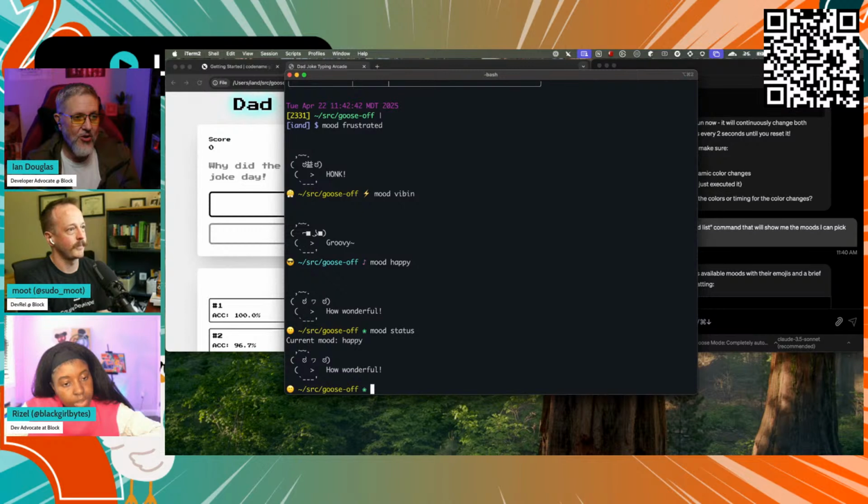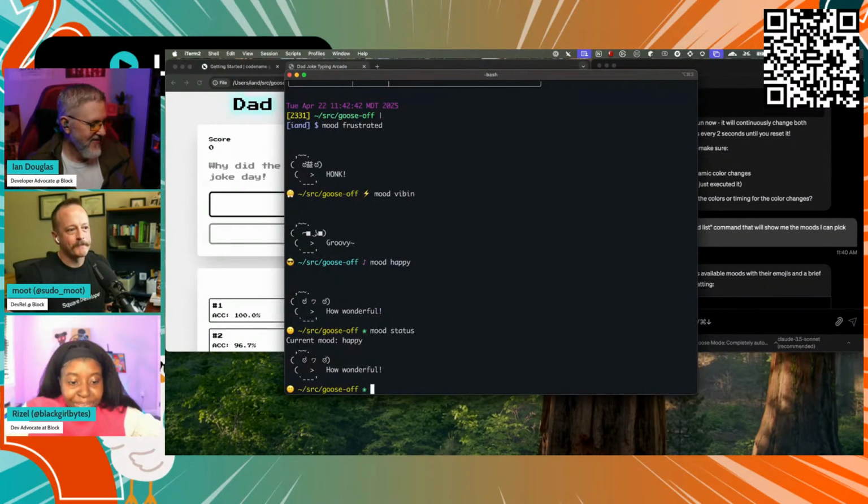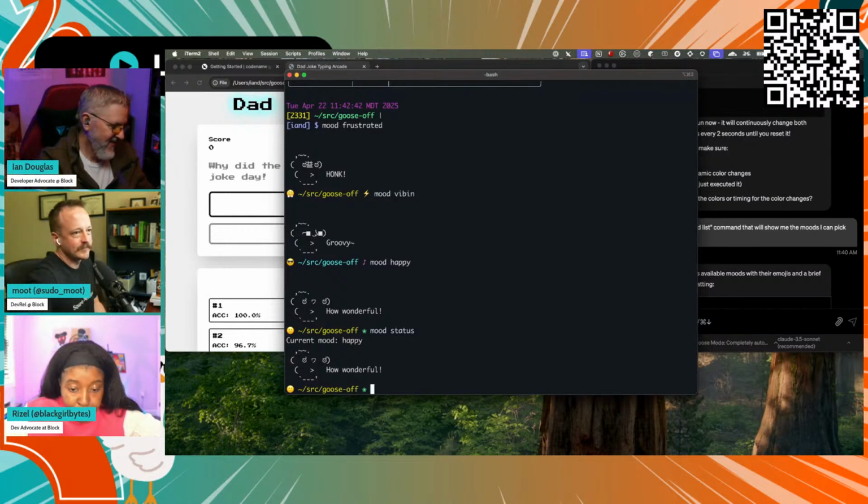As far as MCP goes, I just did a video on Postgres, so I still have that one enabled. I'm working with a Brave search API. The Brave browser actually has a search API with an MCP around that I've been playing with, and it's pretty great as well. Cool. And what about you, Moot?